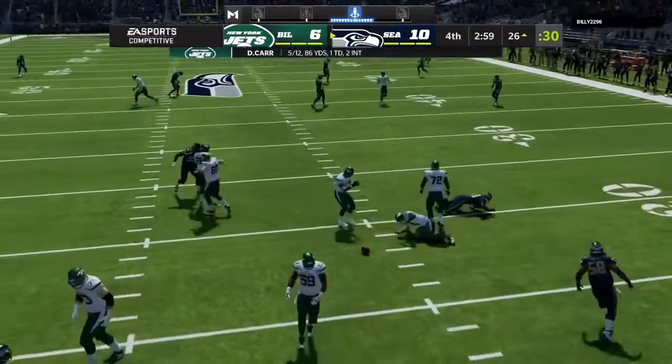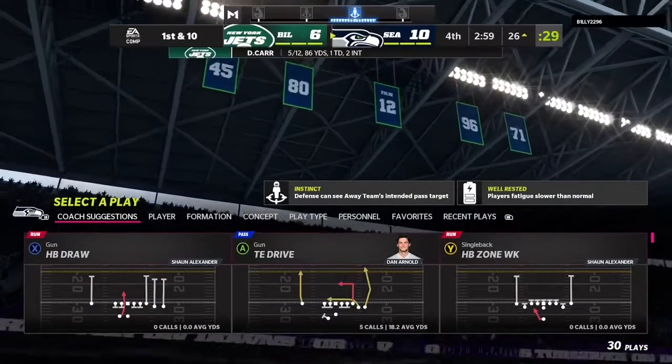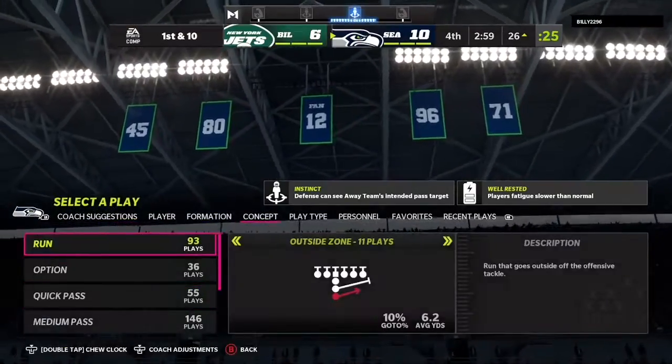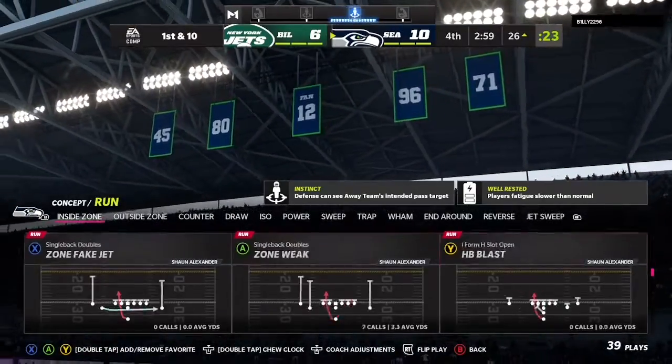Now they go for it on 4th down, but that pass is knocked away and incomplete. The Jets try it, but the 4th down play doesn't work. And the Seahawks, they'll get the